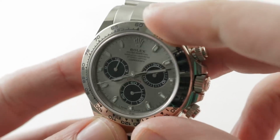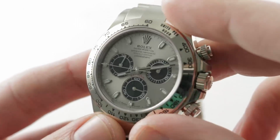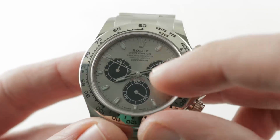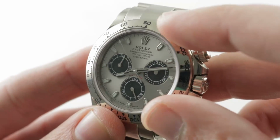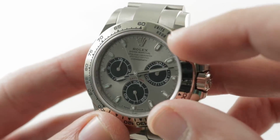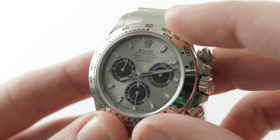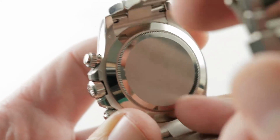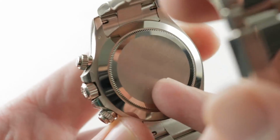There's an insane anthracite sunburst dial, and you can see just how reactive it is in the soft light of my light box. Add snailed sub-registers, which are sunken and ringed with polished chapterings. You can see they're no-nonsense white on black printing for easy legibility. All of the indices, as well as the Rolex crown in the hands, are white gold to resist oxidation or tarnish over time. Underneath that solid gold caseback is a Rolex manufacturer caliber 4130, first released in the year 2000,